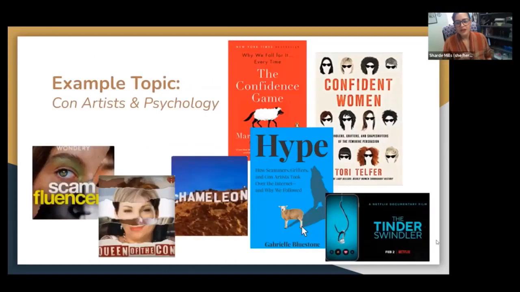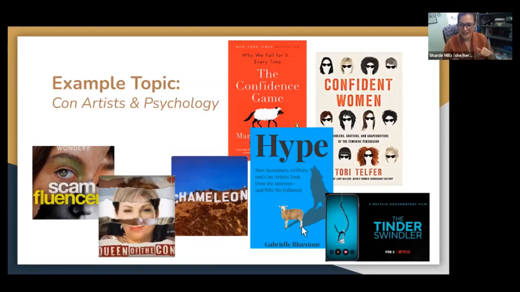Thank you, Heather. So the example we're going to be using today is based off of something that I'm personally interested in. Whenever we come to your classes and encourage you to research, we always say, pick something that is interesting to you because you're going to be spending a little bit of time with it. One of the things that I personally find very interesting is con artists and the psychology behind cons. Literally everything on the screen is a book I've read, a podcast I've listened to, or a documentary I've watched. I didn't even realize until I put the stuff on here that I'm in deep.